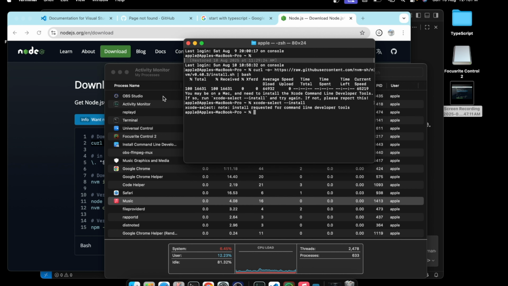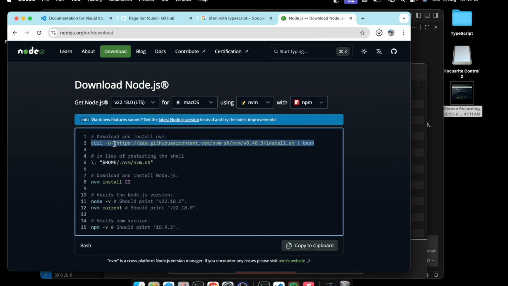Now the software is installed. Now I'm going to run this command again for installing Node.js. So we are going to install Node.js via nvm, because using nvm is very convenient if you want to switch between multiple node versions.